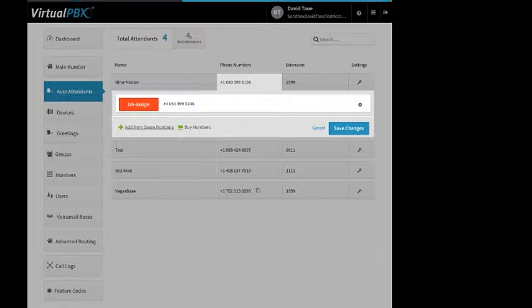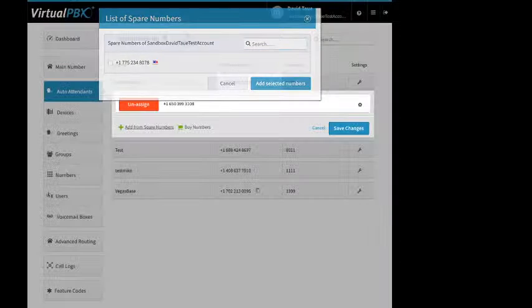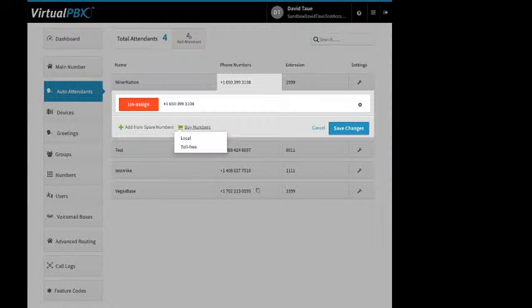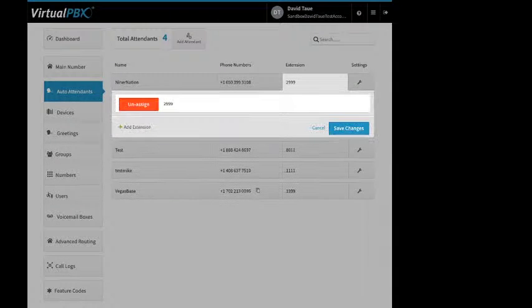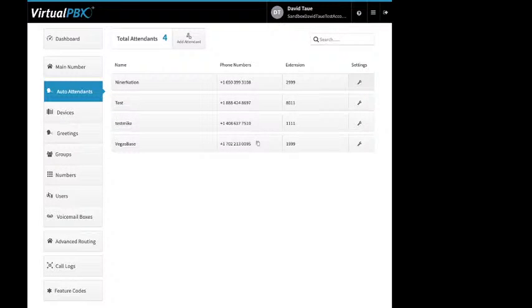Right? You can either add from spare, or you can buy a local or toll-free number. You can change the extension number, or you can even add multiple extensions if you wanted to. Then you've got the little wrench icon. If you click on that,